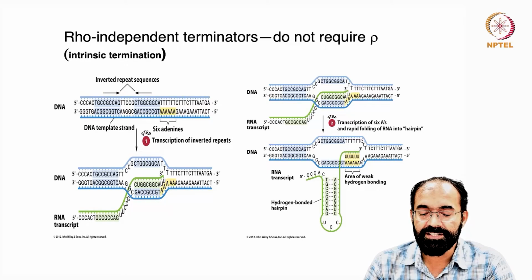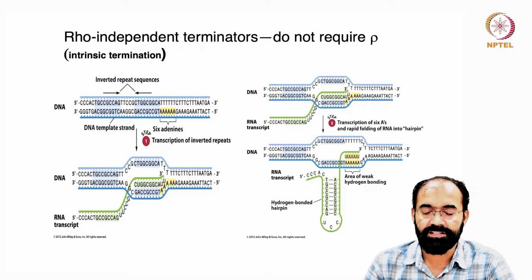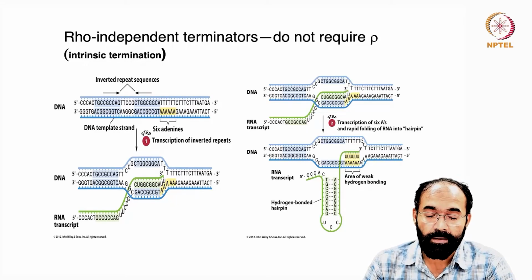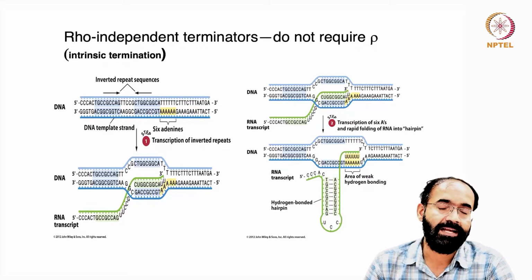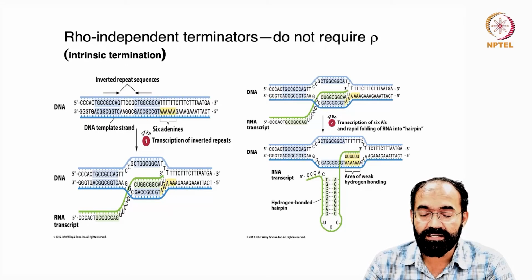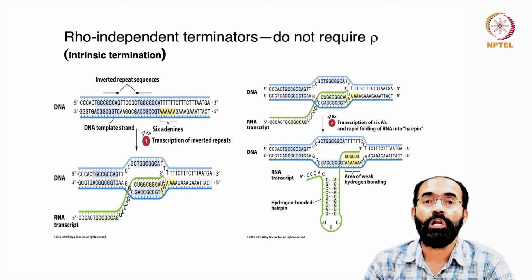If it is an A-rich region, the RNA will have a U-rich region. So there is no other base, just A. And complementary to that, in the RNA, you will have a U sequence. And this sequence is a weak area of hydrogen bonding, because A double bond U, A double bond U, A double bond U rich regions are rather weak. And AU pairing, immediate downstream to this inverted repeat sequence, allows a strong pulling action by the long RNA that